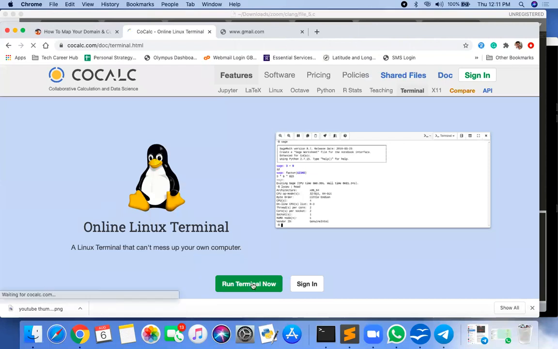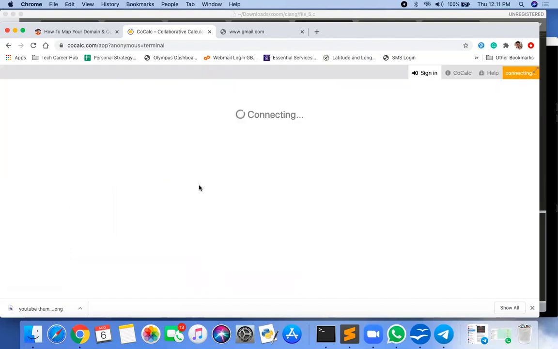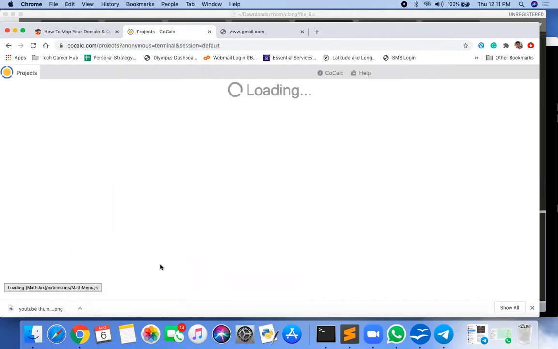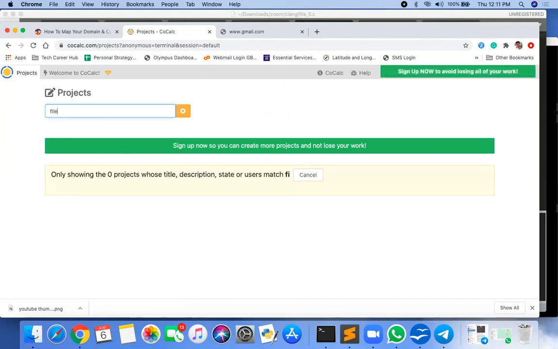Run the terminal now. Whatever I'm doing here, you can do there. Okay, sir. GCC, VI. Okay, there the project name is, suppose, file1.